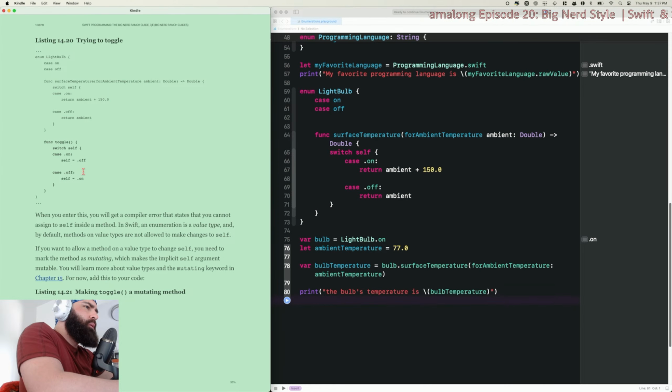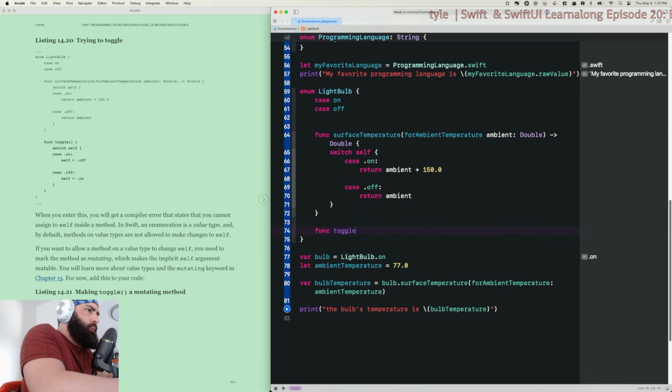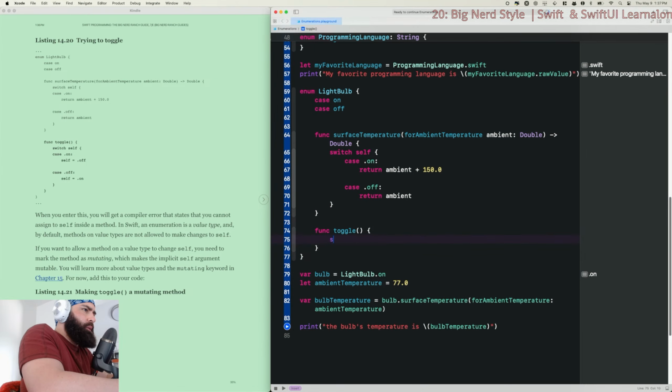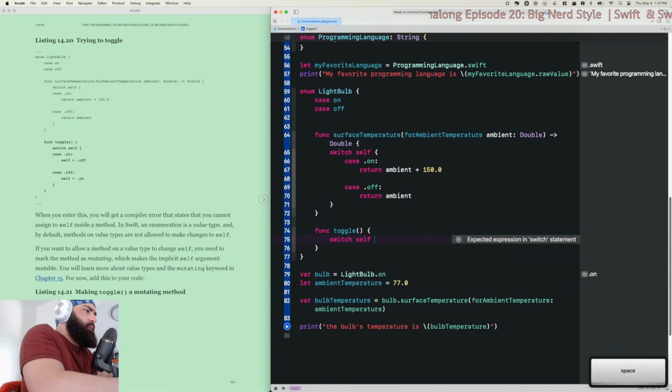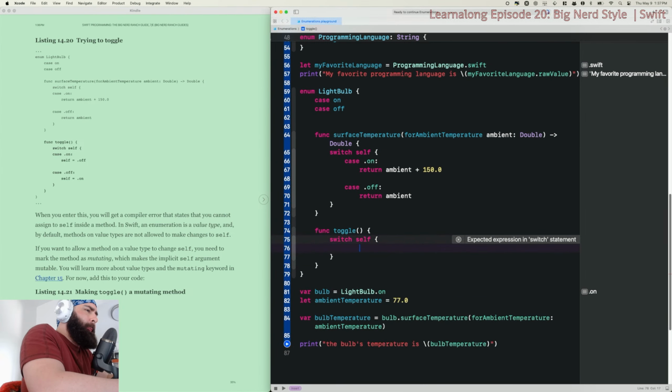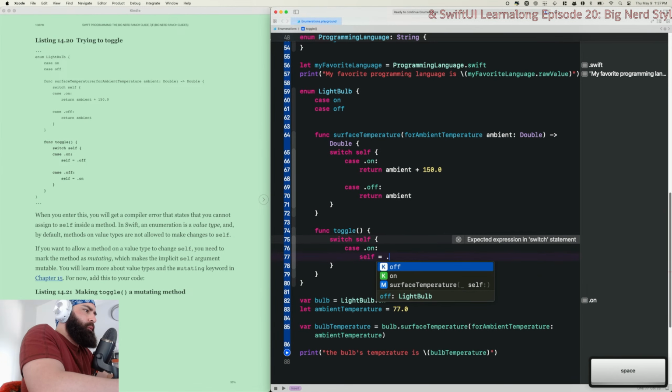Right after the case off. Okay. So these things could get very large quickly. Open that bad boy up. Func toggle, switch self. Case on, self equals off.